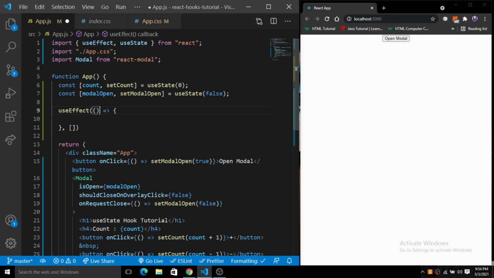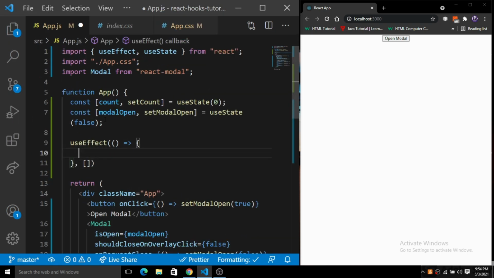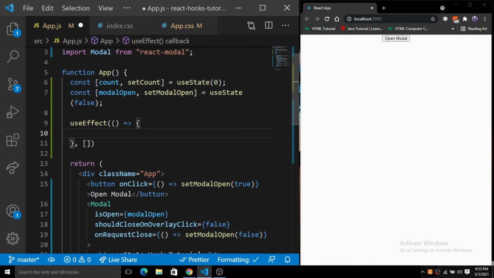Basically this is an effectful function that accepts a function. Let me make it bigger, I'll zoom in on the component here. I'm just talking about this. This is a function, right? This effectful function will be triggered when the component loads, or if we have any dependencies, then it will be triggered at that time.